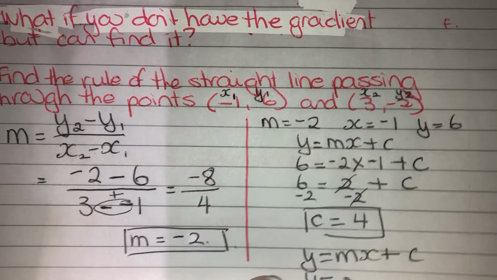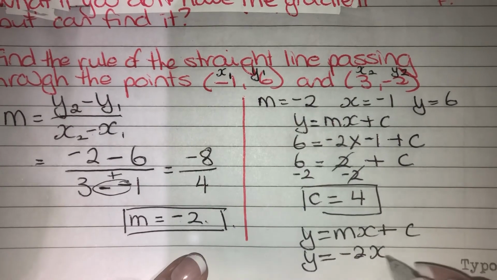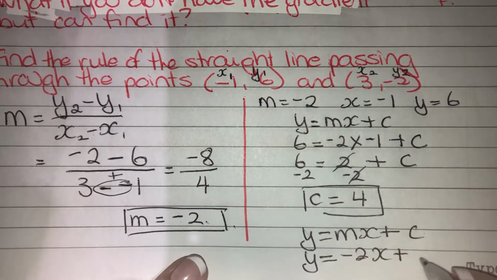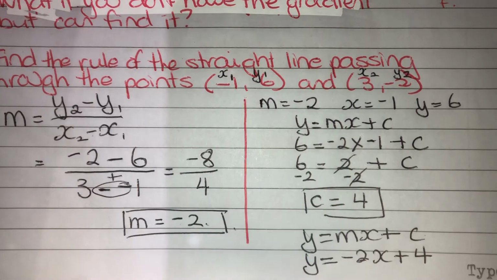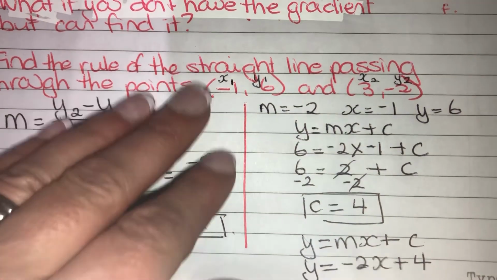So y is equal to minus 2x plus 4. So you can see each one of those examples builds on the rest. So when you do the exercise, you'll do the easy one first, then you'll do the next one, and then you'll know how to do this one. There's only one more kind that you need to know,